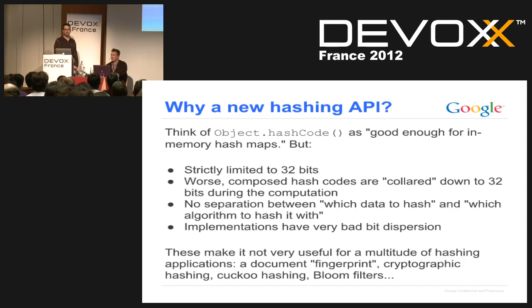Well, the way to think of Object.hashCode is it is the hash code generating method that is good enough for in-memory hash maps. That is why it exists. It exists so that you can have your hash maps and your hash sets. And if you have a hash map where the hash function has a lot of collisions, where it sends the same keys or different keys to the same hash code, and those collide in the hash map, they have to go into the same bucket in the hash map.